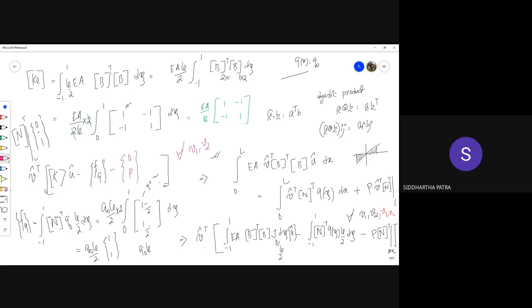But remember, we are still in a part of a dot product. So V is taking dot product to whatever matrix. This one is a 2 cross 2 matrix, and this one is a 2 cross 1 vector. This one is a 2 cross 1 vector, and this one is a 1 cross 2 vector. So it's a dot product that is happening. Once you take everything that is within the square brackets, then you get a vector, and you are taking the dot product with another vector. Okay. Now please understand that